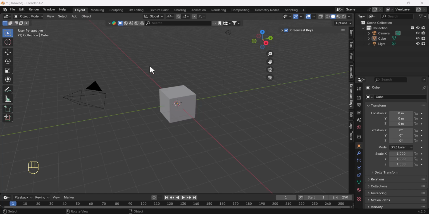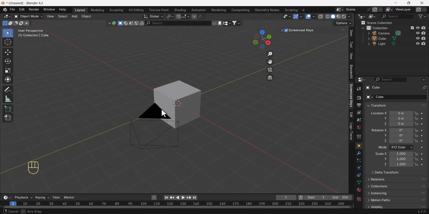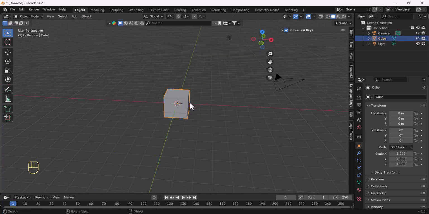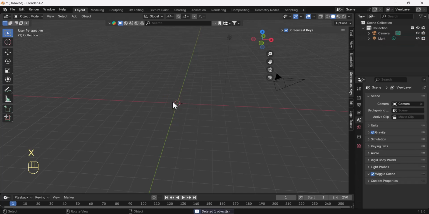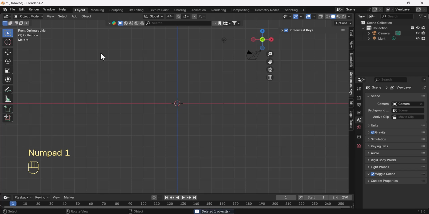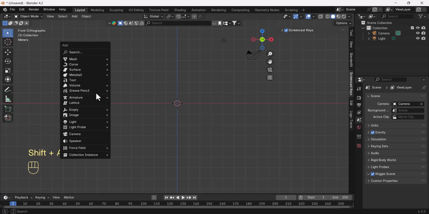So today in this lecture we are going to design a clock, a simple cartoon clock shape. I am going to delete this default cube by pressing X. You can see the key here. So X deleted, and we can go to front view and press Shift A, and we are going to add a